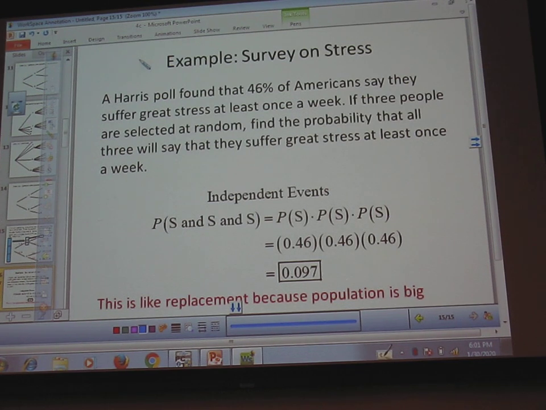Now, I want to find the probability that she does, and she does, and she does. And we multiply. Because it's 46% of 46% of 46%, right? Only 46% passes the first test. Of that group, only 46% more go on, and of that group, only 46% move on to what I'm looking for. So 46% times 46% times 46%,